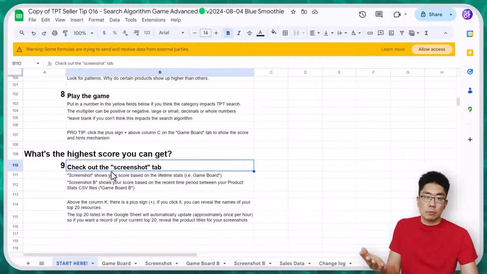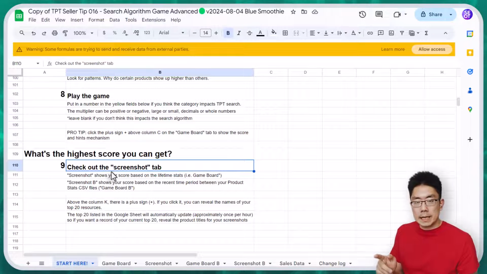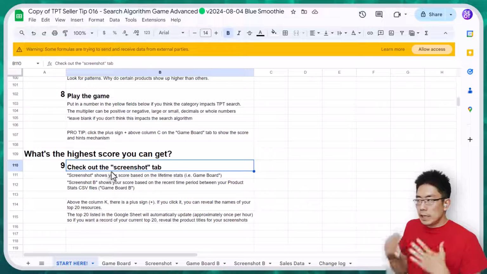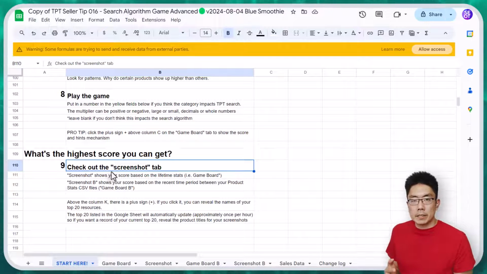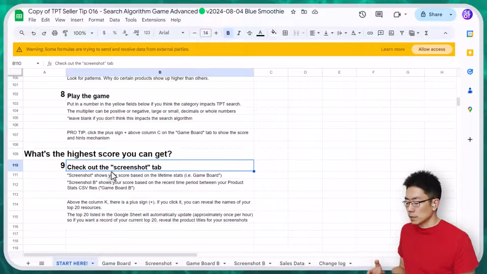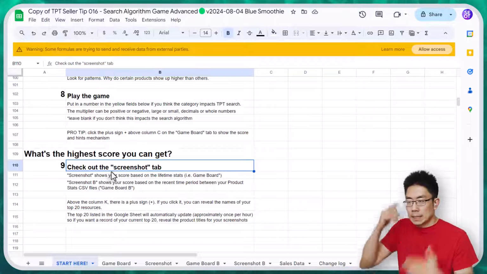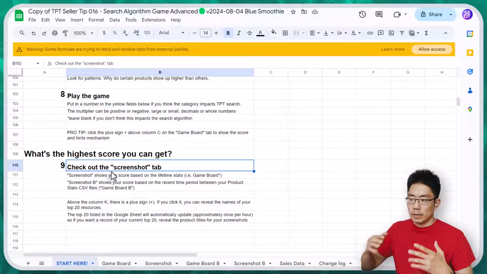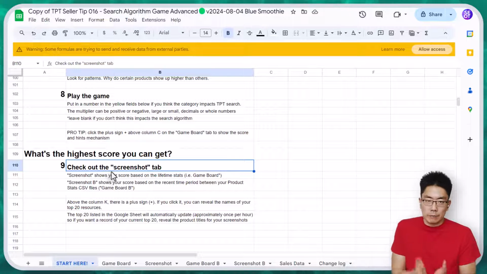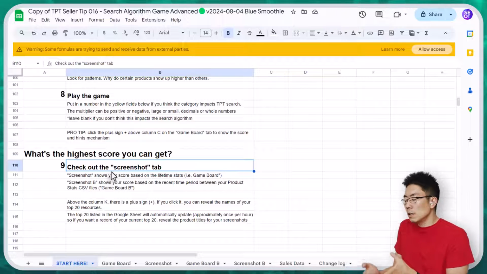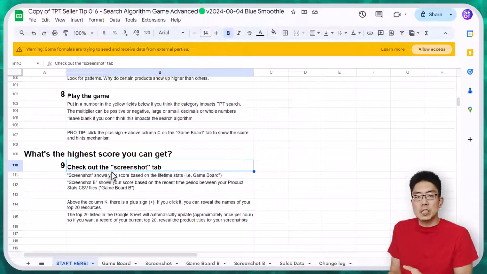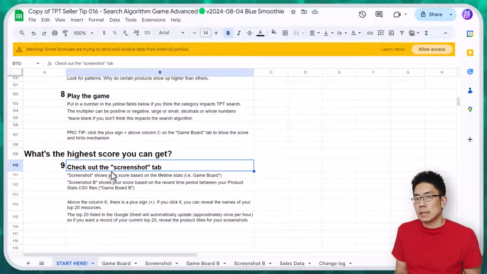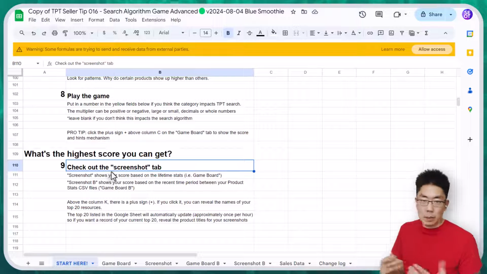So I'm going to walk us through this, and I'm going to point out some things that I discovered about my own data. Trying to come up with a better understanding of how the search algorithm works is helpful, because then it's something to keep in the back of your mind as you're creating your product titles or typing up your product descriptions. But the point of looking at data is to discover new strategies or hidden gems or things about your resources that you didn't fully appreciate before. So I'm going to show you how to do that.